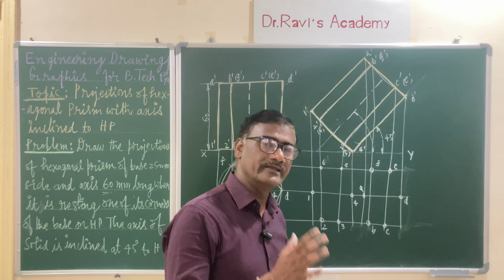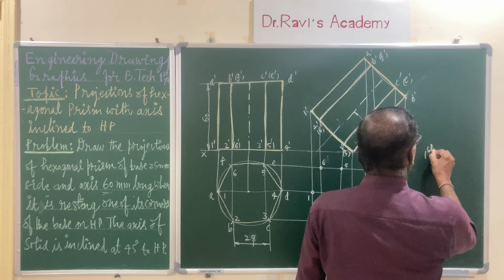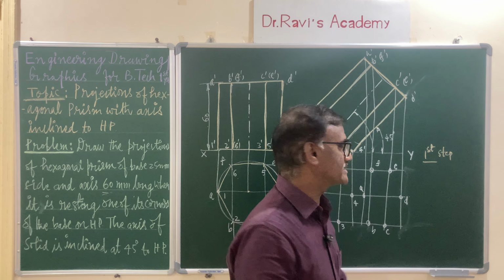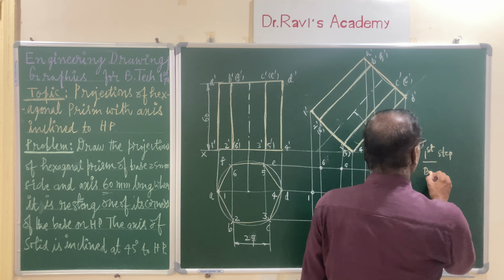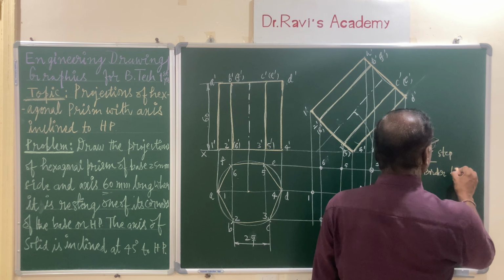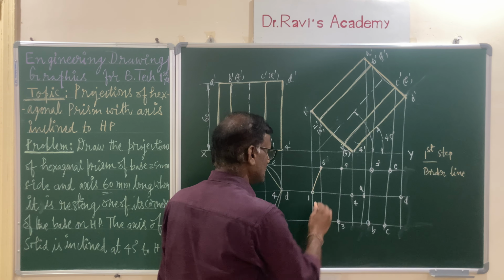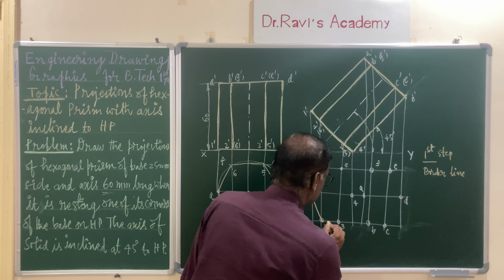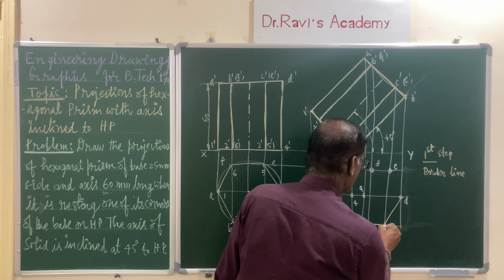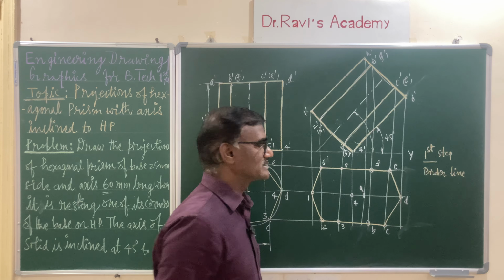We are joining in 3 steps. The very first step is draw the border lines of the solid. Border lines, there is no need of any analysis, simply you can join without any analysis. I am using HB pencil, I am joining the border lines. Let us observe 2 to, you can go up to C, and this is the border line and this is the border line. So, you have joined all the border lines